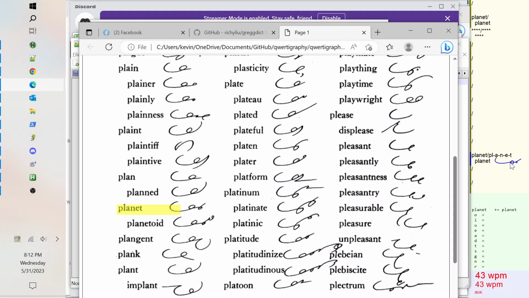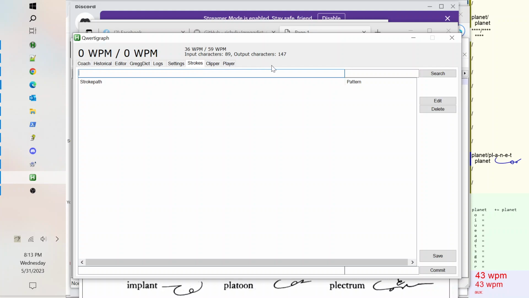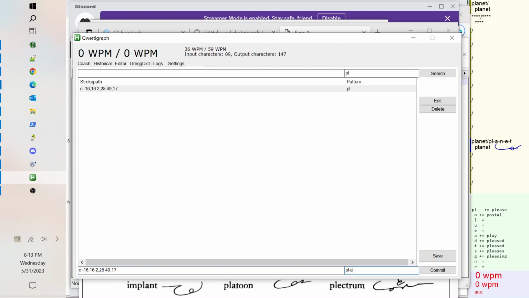We need a ligature that has PL and A, and then that A starts and ends right where my mouse is, and it's currently leaned to the right. I need it to instead be up, so I need the anchor points to be here and here. So what I'm going to do is go to my strokes definition, and I'm going to look for a pattern with PL in it. Search for that. This is the pattern. I'm going to copy that, and I'm going to create a -A,